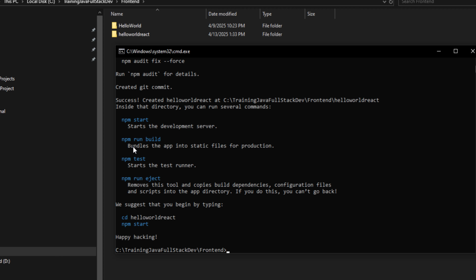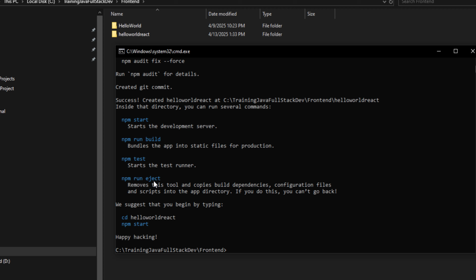Okay, and that means when you want to deploy your project, it must be in HTML, CSS, JavaScript. So you can deploy it like static files. And npm test also starts the test runner in case you write some test cases,